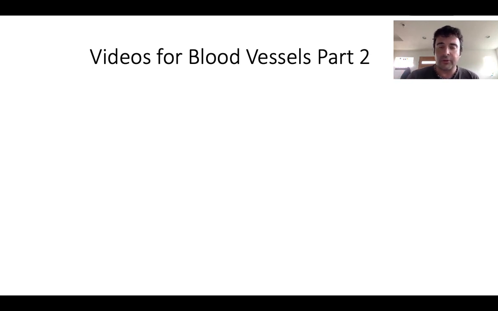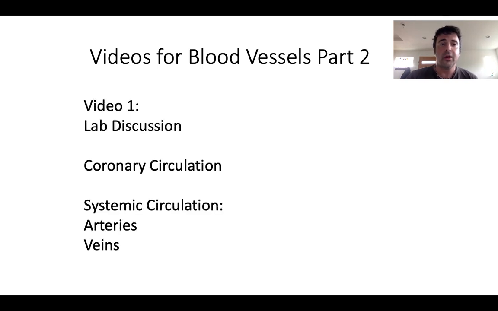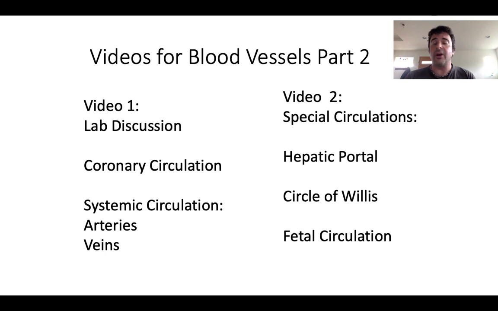There are two parts to the videos that we're going to be making. So there's going to be two separate videos going over blood vessels. The first video is going to be a lab discussion in which we go over coronary circulation, then systemic circulation, talking about arteries and veins and how you're going to have to give me things on an exam. The second video is going to discuss our special circulations, notably hepatic portal circulation, the circle of Willis, and fetal circulation. And you have a handout that corresponds to these two videos, so make sure while you're going through these videos to think about the questions on your handout